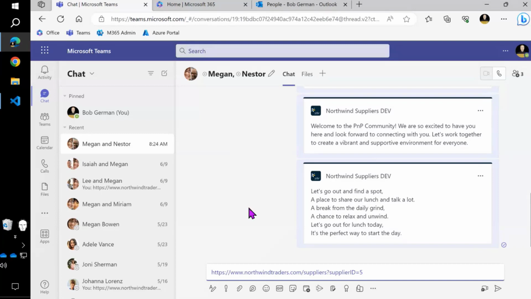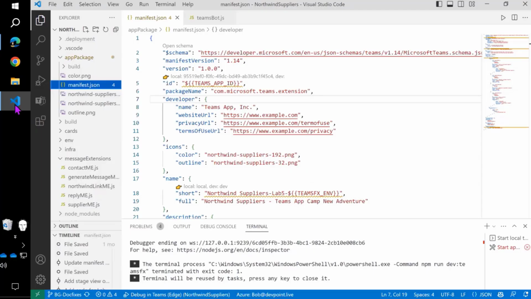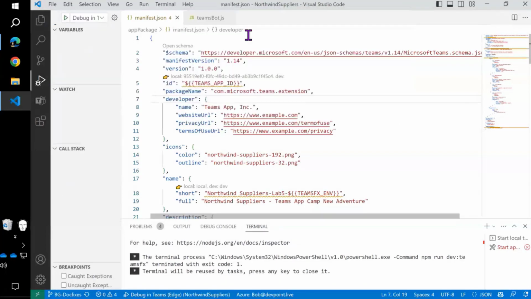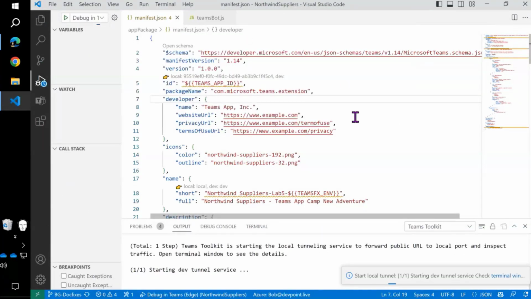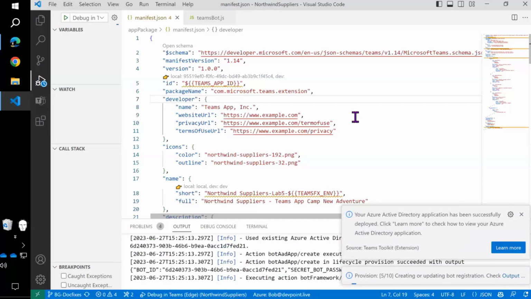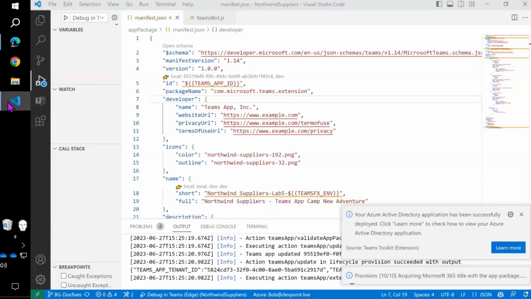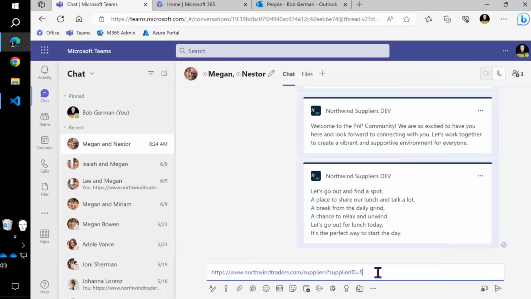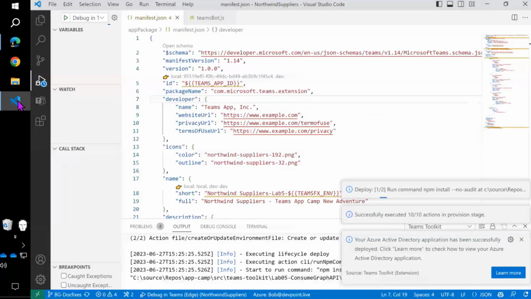And what will happen is, if things are cooperating, I see what happened. Okay, the problem here is that I've run another app in the background. I'm going to try to spin this up locally. So Teams Toolkit is now going to run. What happens is I ran it locally, and whichever one got registered last is the one that's going to work. So when it sees this URL with Northwind in the host name, it's actually going to try to trigger that message extension, and it actually has to be running locally for that to work.